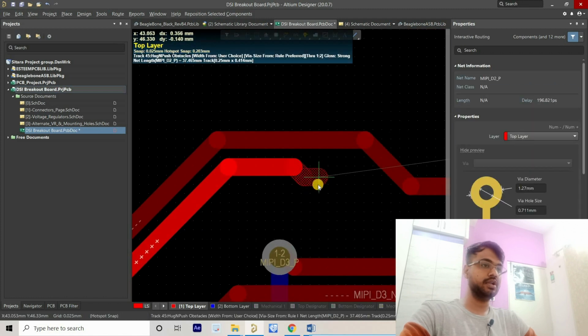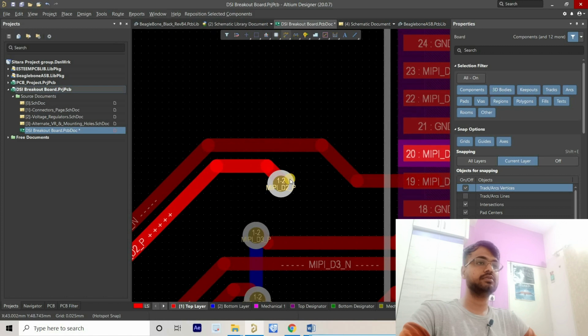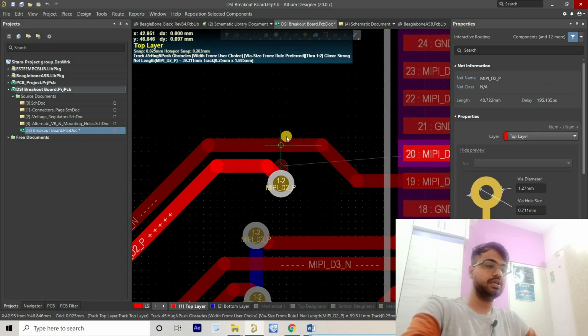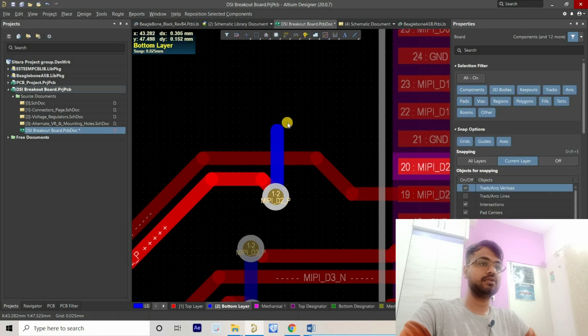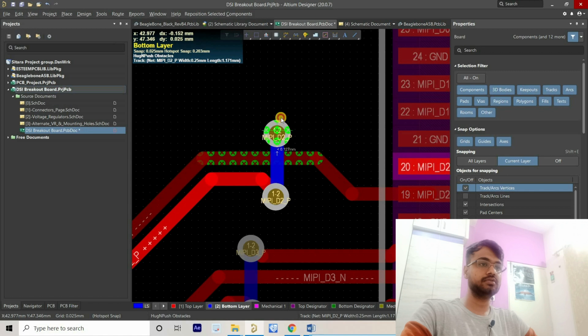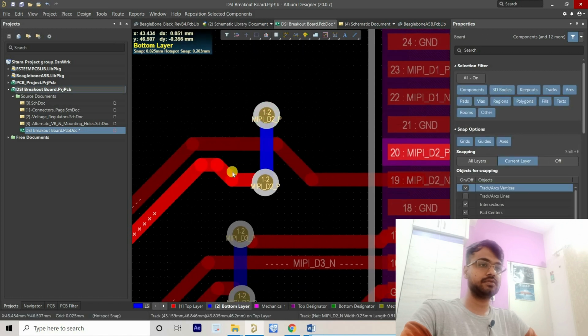You have to switch the layer, Control V, place the via, change the layer by pressing L, and again place the via like this.